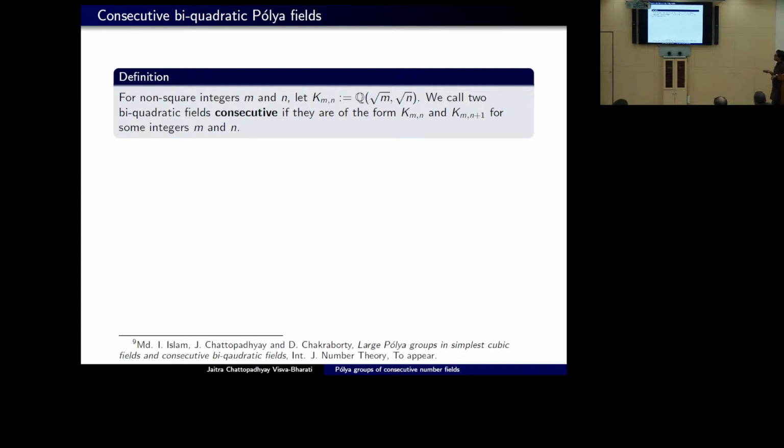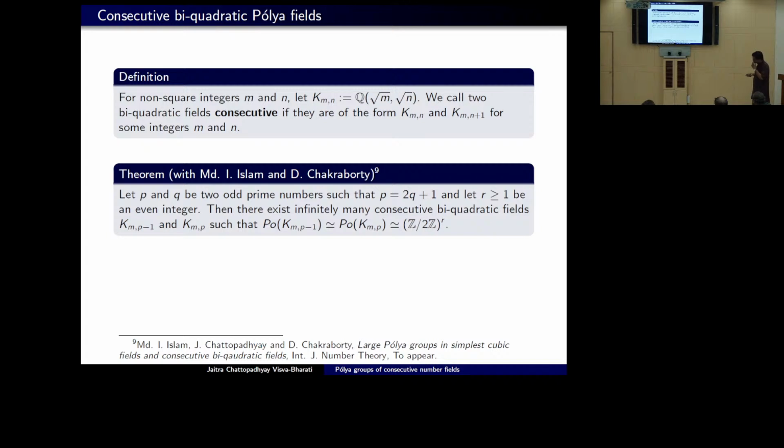You can also define a similar notion for m, keeping the second coordinate fixed and varying the first one. Or you can vary both. That will make a difference. So with this definition, in a recent work with Devopam Chakraborty and Imdadul Islam, we proved that if p and